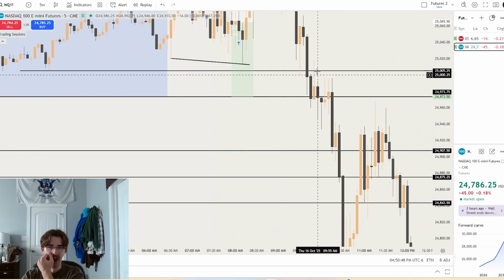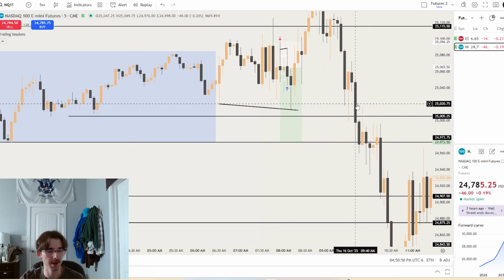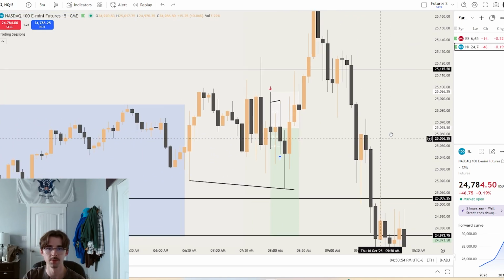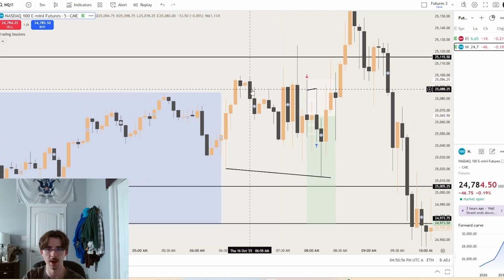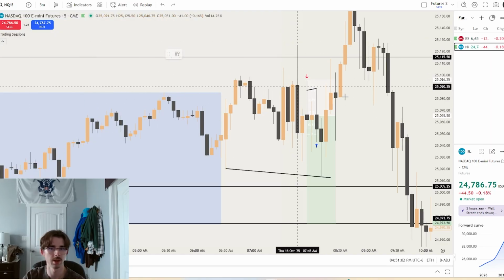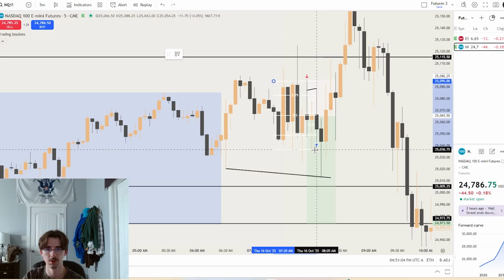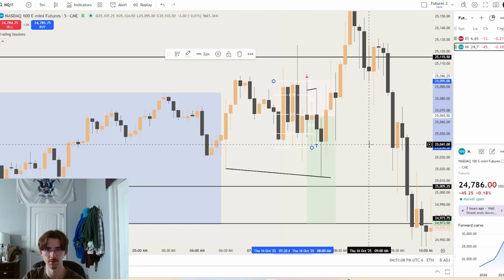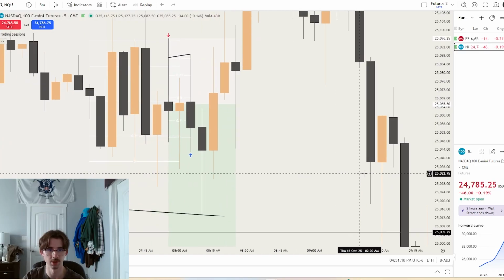However, I did find a solid entry on NQ. Let's just go over this entry real quick. So we have a high right here, break of structure on the 5-minute, and we form this low, and we invalidate this low based off of Fibonacci, if I can